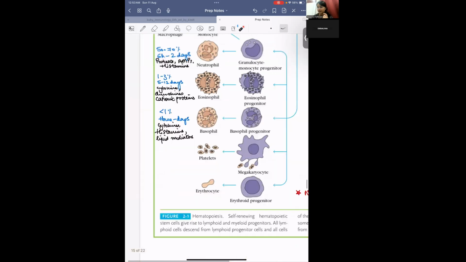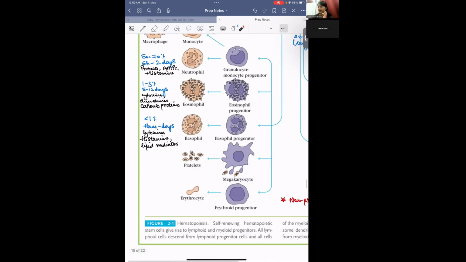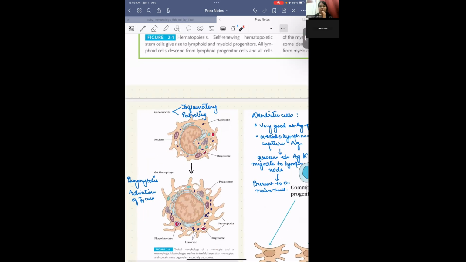We saw that the monocytes differentiate into the macrophages, and there are some key changes in its structural features that happen. First, the monocytes, if you have to further classify, can also be divided into two cell populations. One, which is majorly responsible for mediating the inflammatory response, and secondly, the patrolling monocytes. Patrolling monocytes are important because when the monocyte has to differentiate into a macrophage, the macrophage can either be present in circulation or it might be resident to a particular tissue, and we have different macrophages named